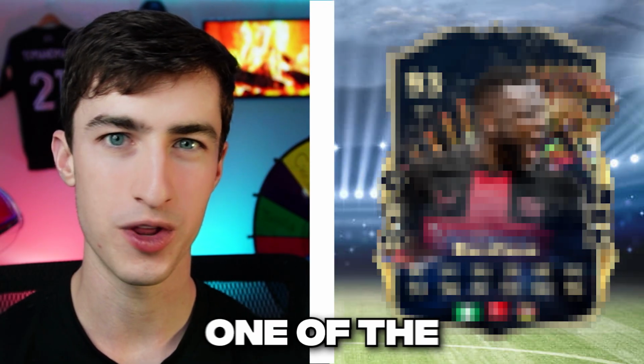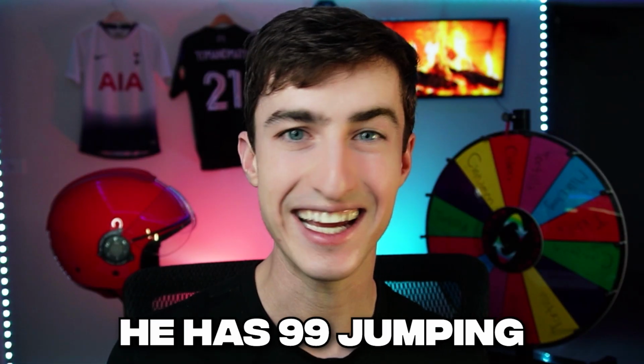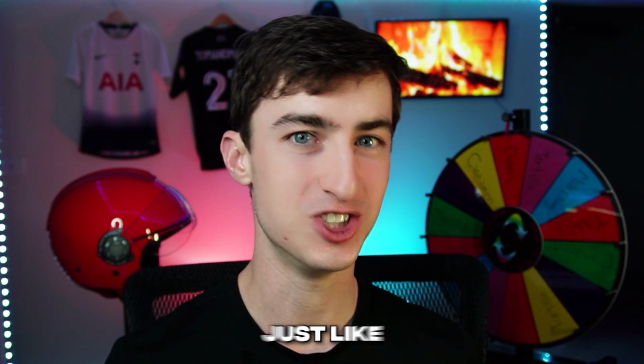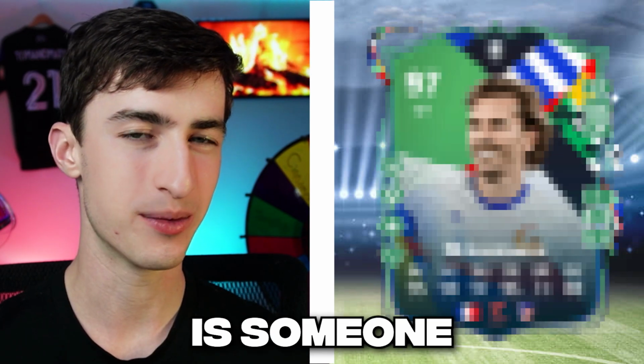And the first player is one of the most meta strikers this year, Victor Boniface, who is only good because he's 6'4", he has 99 jumping and the aerial playstyle plus, meaning he will win headers just like Didier Drogba or Erling Haaland will. But now the second striker is someone who's kind of the opposite of Boniface, Antoine Griezmann,